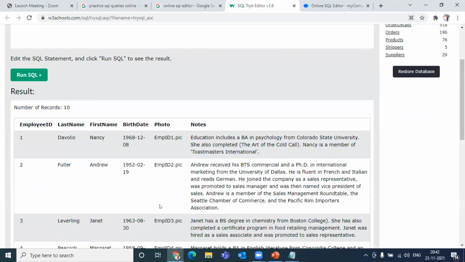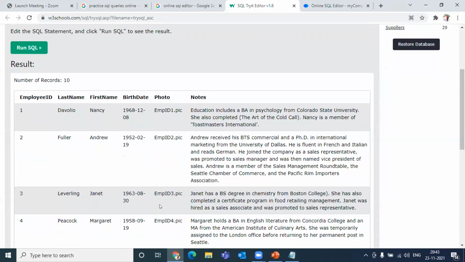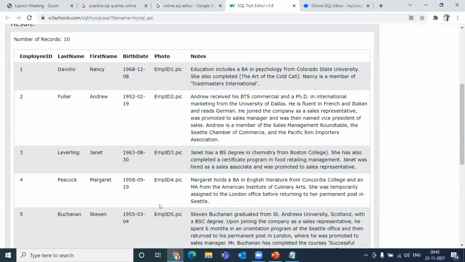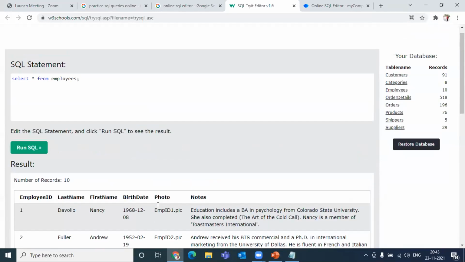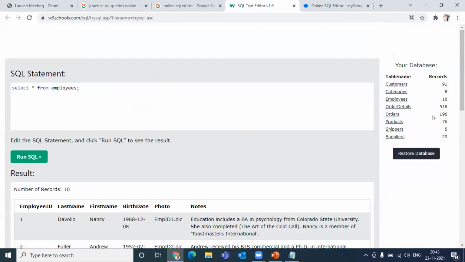Select star from employees. This should only give you records of employees whose employee ID is greater than 5. That's all. There are 10 employees in total. Only ID greater than 5 should come.